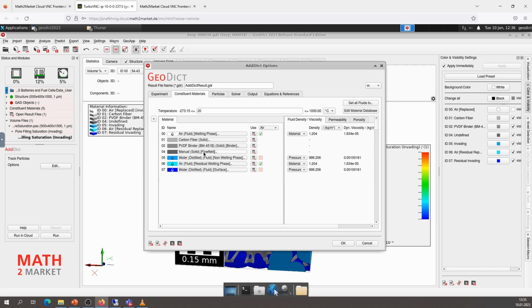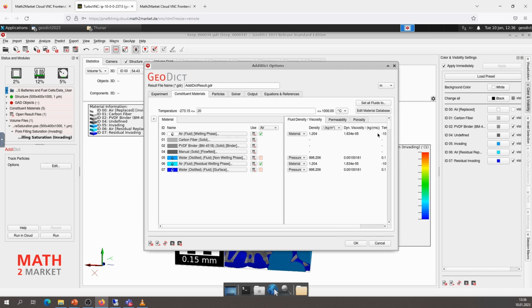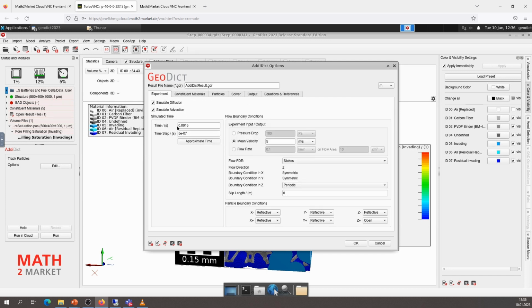I get a warning to say that I have to check the material properties, and I like the warning. It also reminds me that sometimes there might be changes, and that the material database from GeoDict is a very important point. That's why I let it also have the warning in this user meeting workshop. So we have the properties already inside.